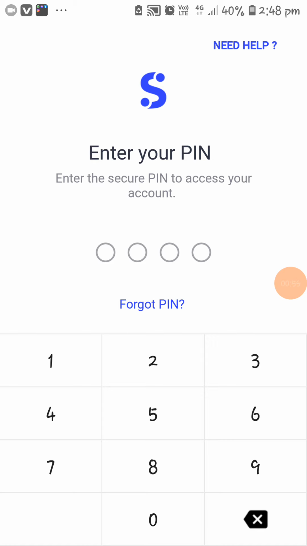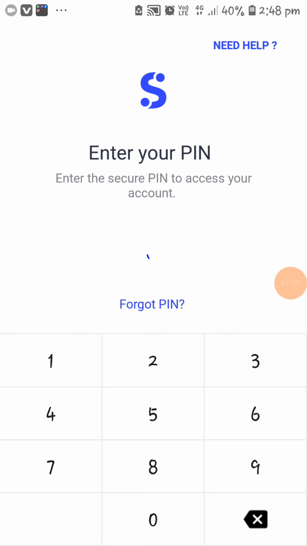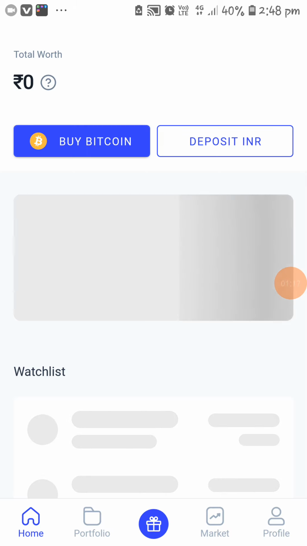Once you open this CoinSwitch application, you just log in with your PIN. I'm going to enter my login PIN number. Once you enter your PIN number, it will take you to the home page. See, this is the home page, friends.